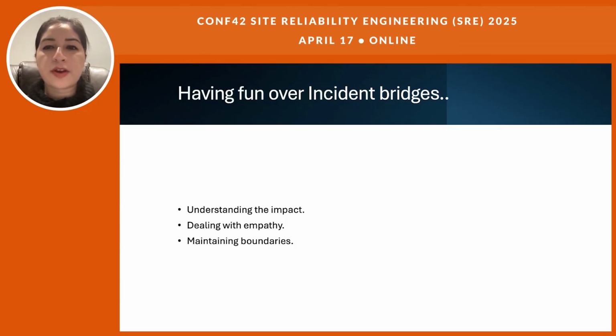Whenever we are on an incident bridge, it is very important to understand the impact of the incident. Most times, users or requesters will incline on driving their issue as P1 or priority 1. However, if the impact does not align with our priority metrics, it's best to convey to the user why it stands out as a lesser priority incident rather than only being aggressive about